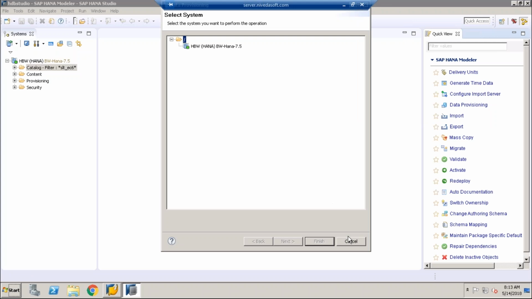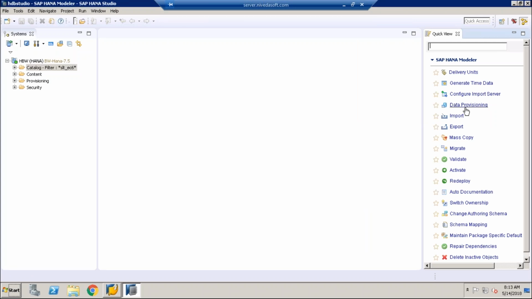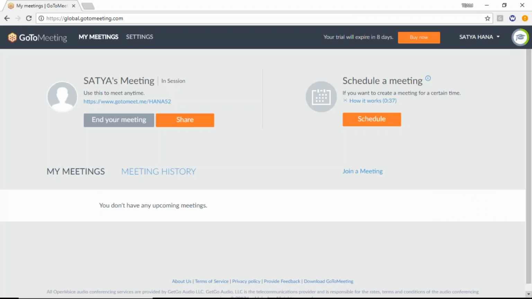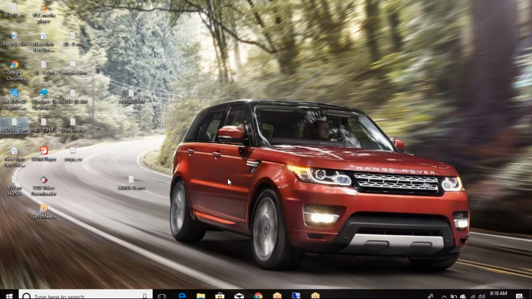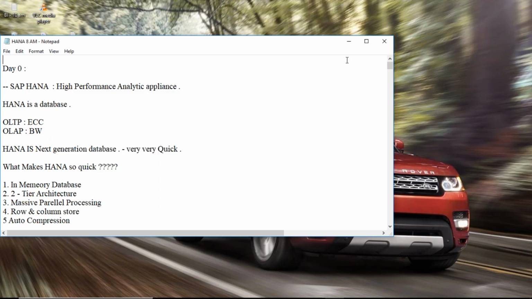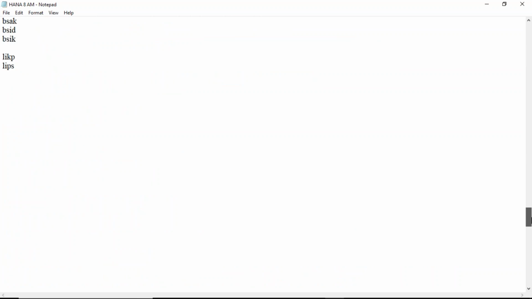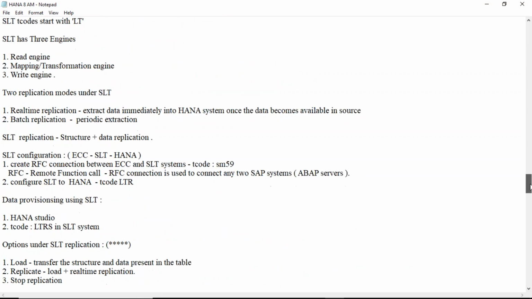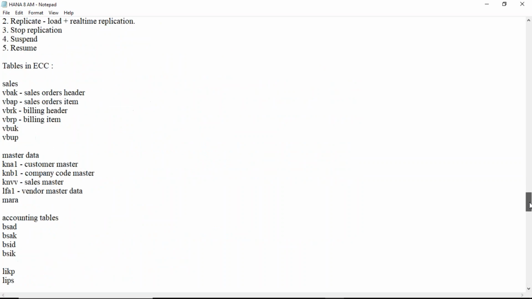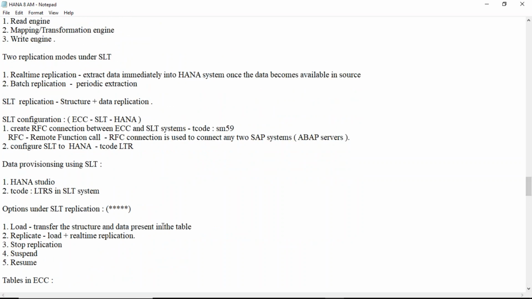So guys, in the last class, we started with the load option, right? You remember? Last class, yesterday's session. Yesterday I loaded the data also. But guys, what does the load option do? It will transfer the structure along with the data. But once the load was completed, whatever new records were posted in the